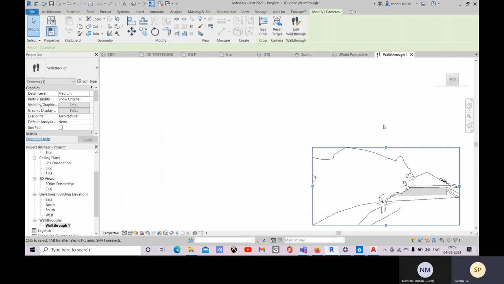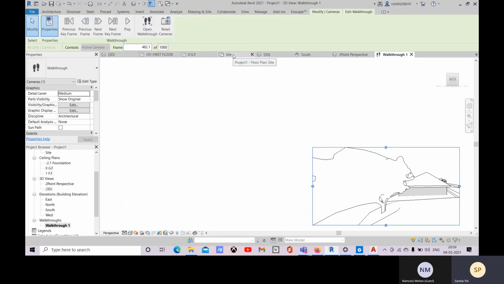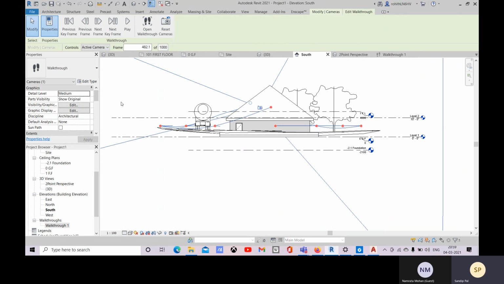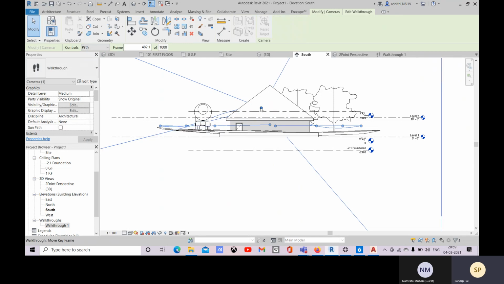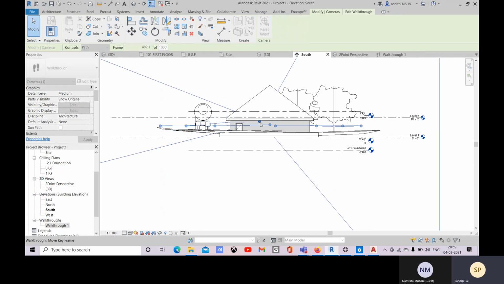Okay, let's select this one, come to edit walkthrough, and you can come to this and choose path, and here you can choose this. Okay, and choose this point, then this point at the top, this point like this, okay, and this point at the bottom.